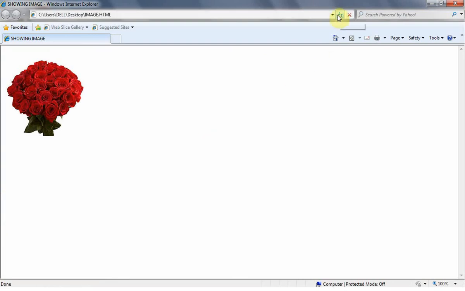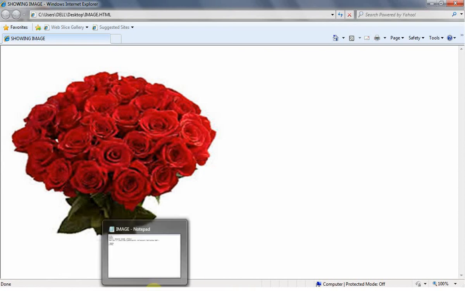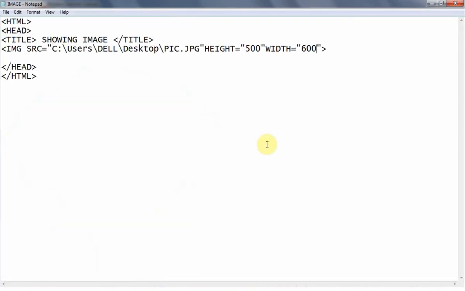Okay, now let's save this again, open this and then refresh. Now you can see the height and width of my image has changed. Height is now 500 and width is 600, that is given here in the HTML program.